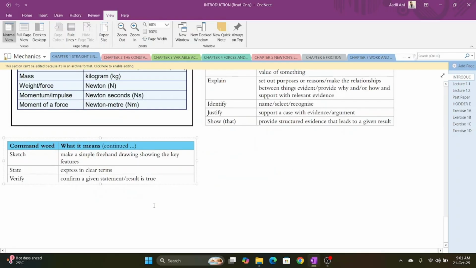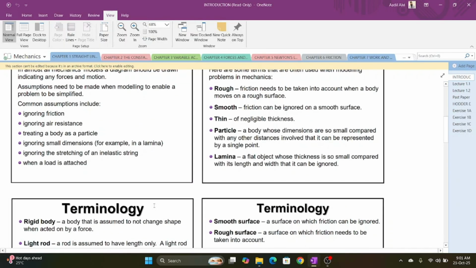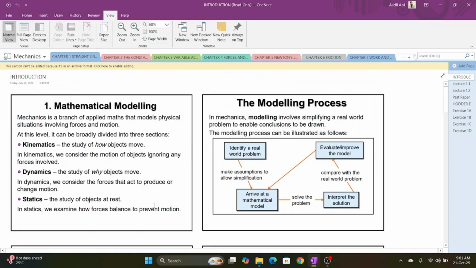Now let me tell you something. This lecture is not something that will be assessed in a manner that they're going to give you questions and then they're going to ask you that okay, explain the modeling process. No, it's not like that. This is something which is a prerequisite for you to be able to understand what mechanics is and how things work in it, okay. How we are going to approach a problem, because this is something that we will be doing in every question. We will be given a scenario, okay, and then based on that scenario we have to make some assumptions. Based on those assumptions we have to do some calculations, okay. That's the gist of it, okay. So this is not something that will be assessed